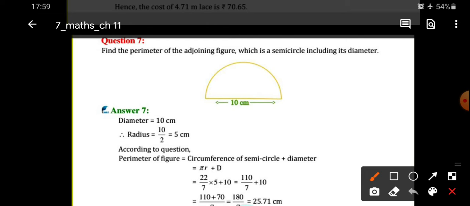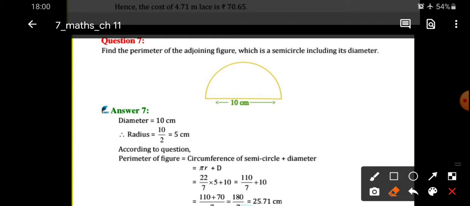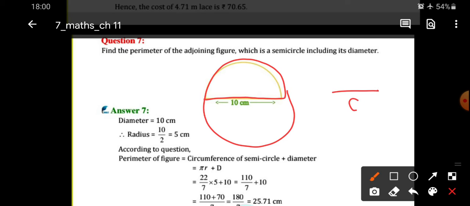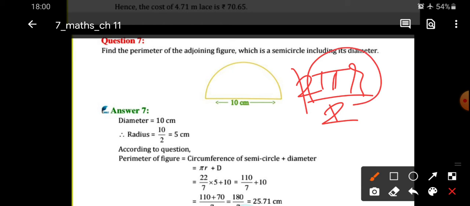So if this figure is like that, then you can find the circumference of this circle. And if you want half of this figure, half of this full circle, then whatever circumference you get, you have to divide by 2. Then you will get half of the circumference. It means the circumference of this semicircle. So what is the circumference? 2 pi r divided by 2. 2 cancels out. So what is the circumference of the semicircle?